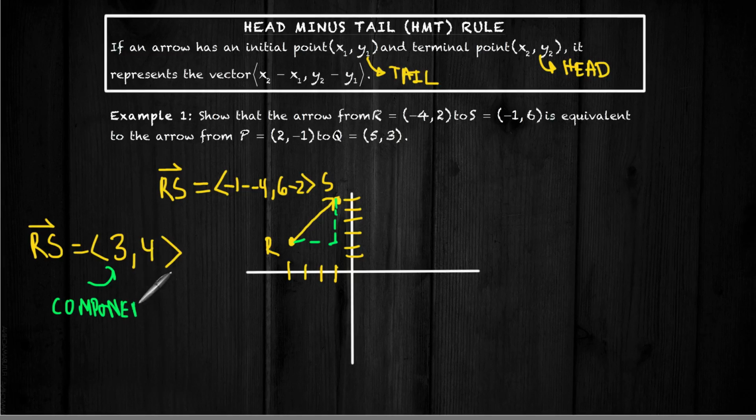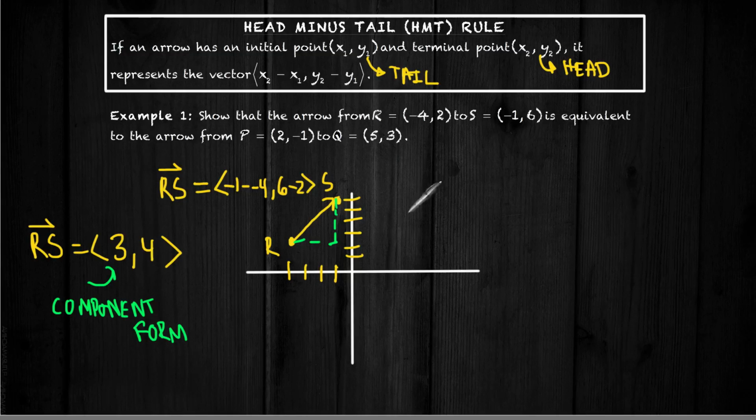And by the way, these are called the components. This is called component form. So when we ask you for the component form, we're simply asking you for the x and the y components of this vector. So this vector is the hypotenuse, it is the magnitude, and the components are the other two sides that make up the triangle. So nothing new in this video really about vectors. So let's see if we can now express